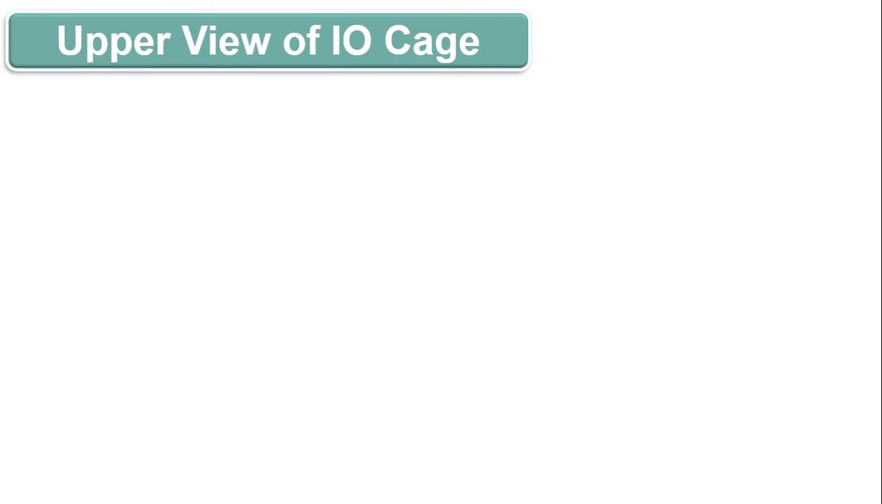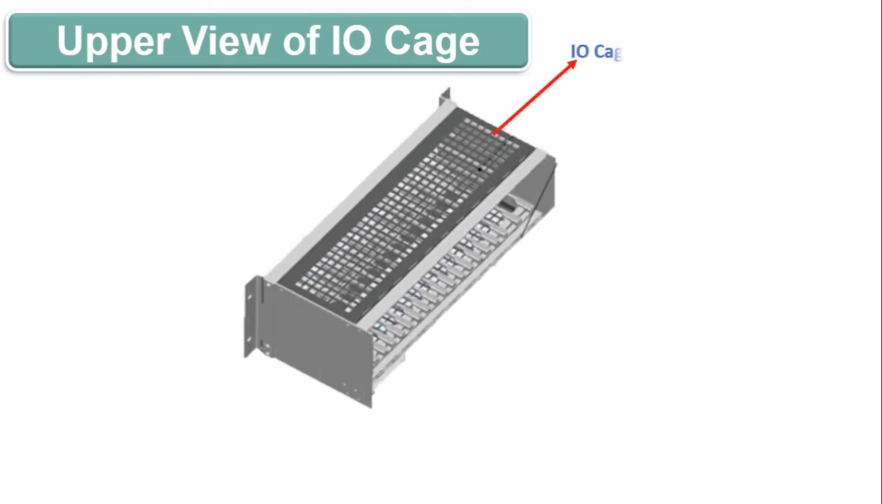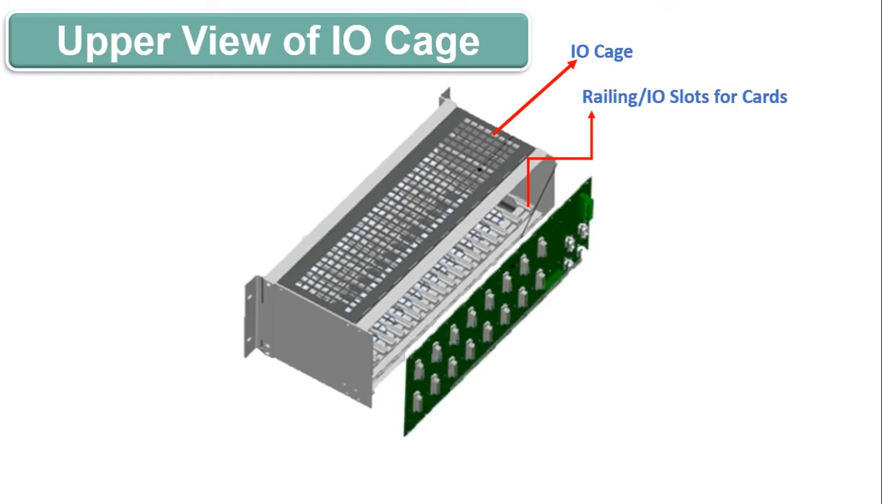Now we see the detailed overview of IO cage. First, the upper view of IO cage. As you are seeing in this picture, the metal body of IO cage looks like this. Then you can see the railing IO slot for IO card present in the IO cage, on which card can